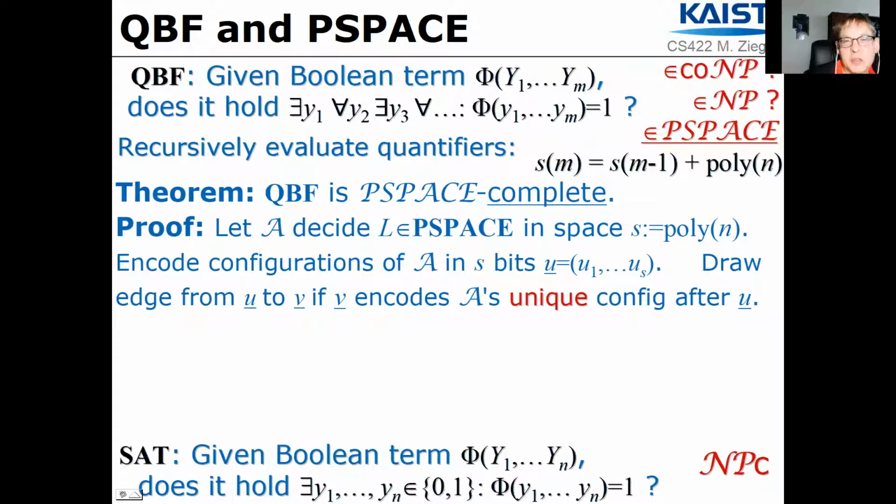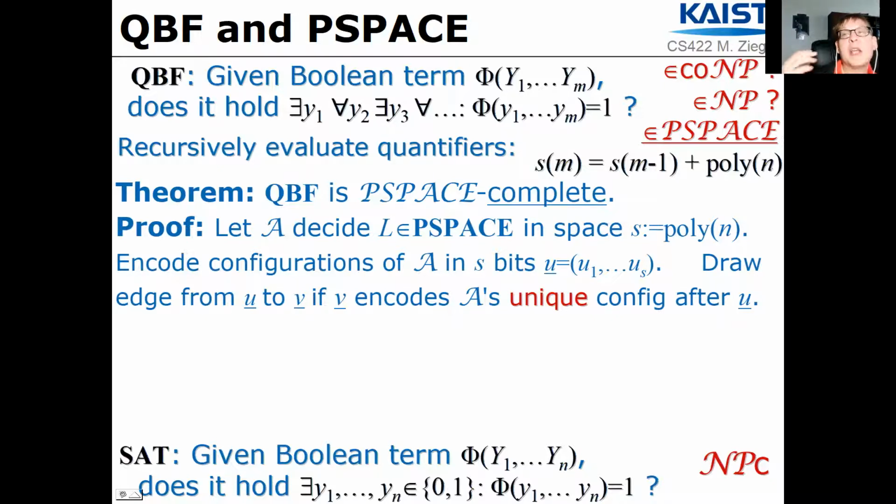And now let's turn that into a graph and consider all possible configurations. So all possible vectors of these many bits. Well, there are exponentially many such vectors, right? I mean, the vector itself has a polynomial length, but each component is 0 or 1, so it's a bit. And so we have 2 to the s possible values, and thus actually at most 2 to the s configurations. Remember, that was our key argument and analysis in showing that the problem solvable in polynomial space